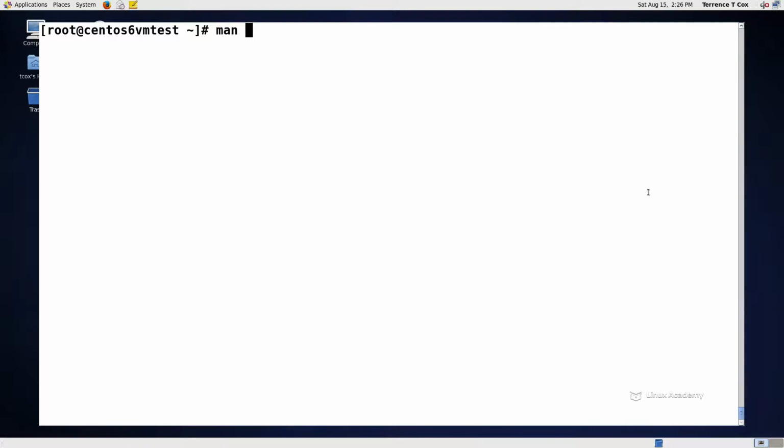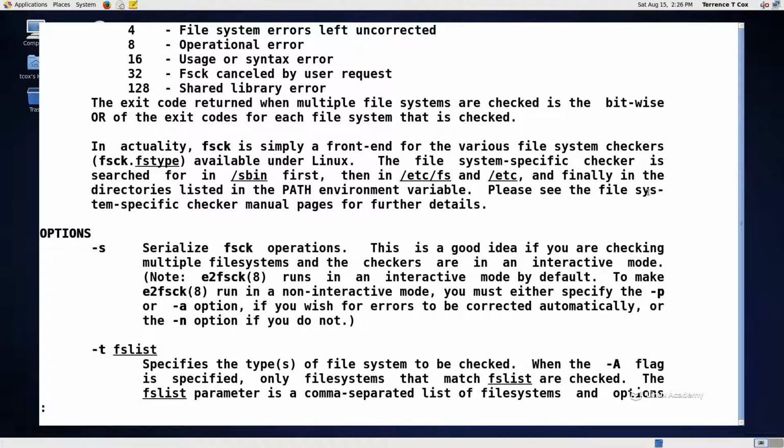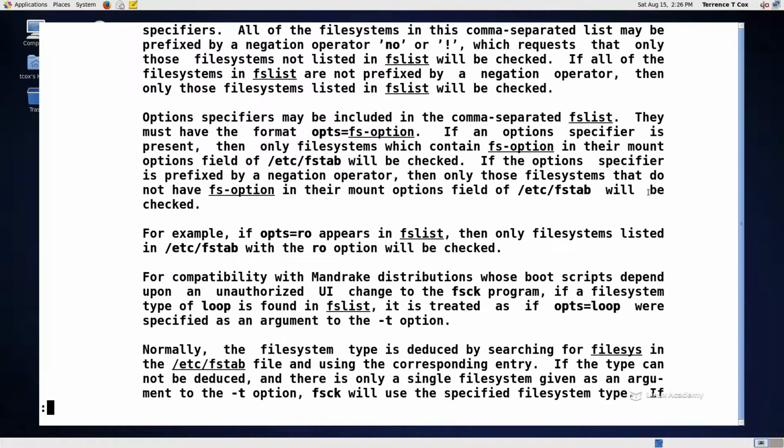So if we do a man on the FSCK, you'll see that, in all honesty, there's not a ton of options compared to options that are available on a lot of utilities. It's used to check and optionally repair one or more Linux file systems. And then it shows you these exit codes that you can test for. You can do a -S, which will serialize the FSCK operations. It says that it's a good idea if you're checking multiple file systems and the checkers are in an interactive mode. Most of the time you're going to use a utility like this to check one file system at a time. You can also create a list of file systems for it to check with a -T,